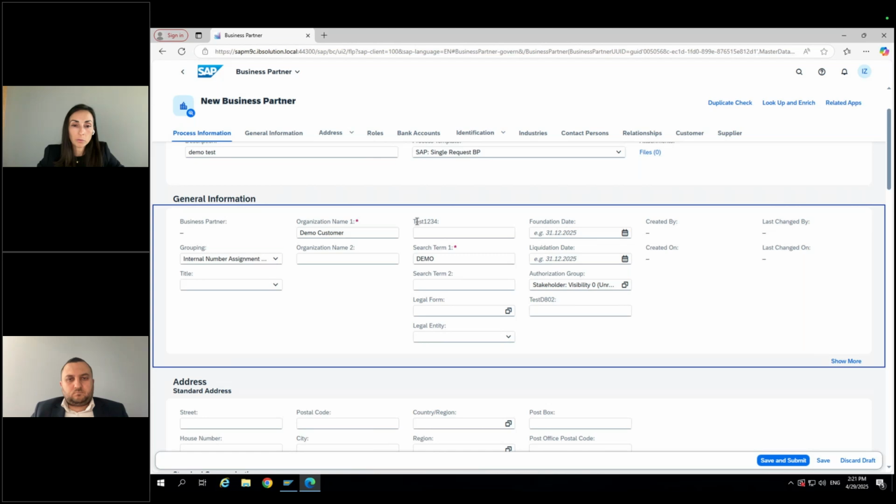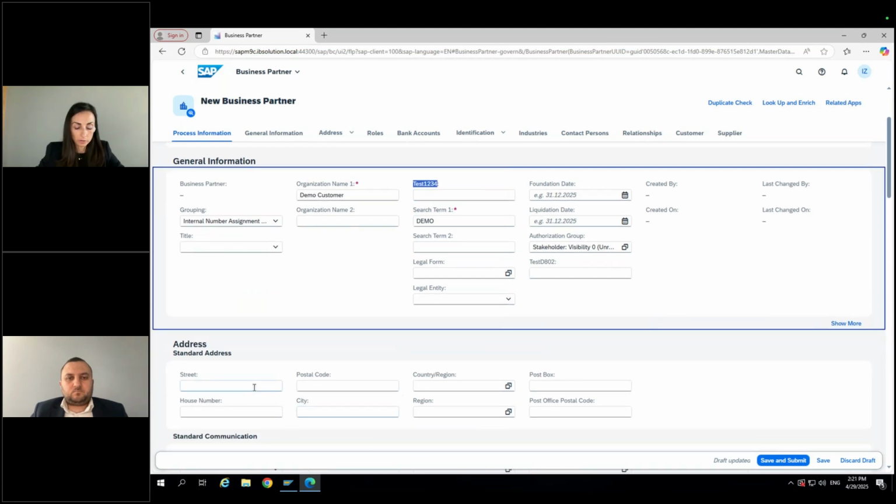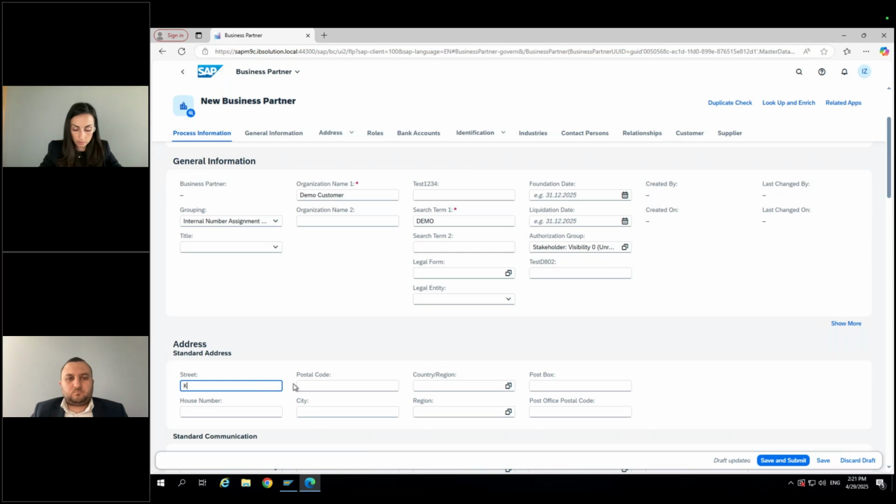Here, one interesting thing which I want to show you, this is a completely custom field, integrated seamlessly in the UI. It could be any kind of field which you want to add. It could also be very easily removed through the Adapt UI, which I mentioned earlier. In the address section, we can maintain some mandatory data.